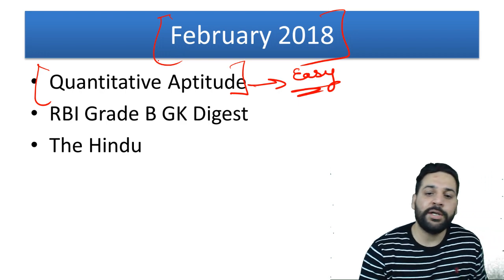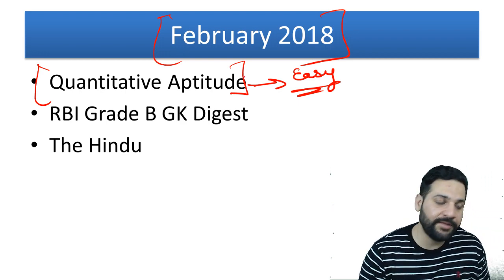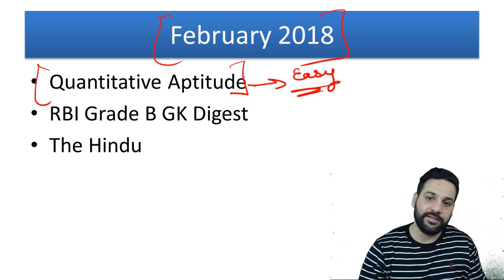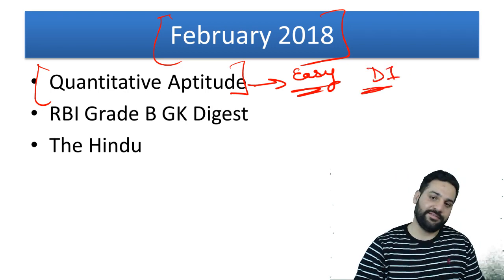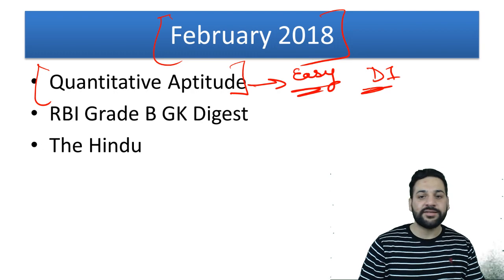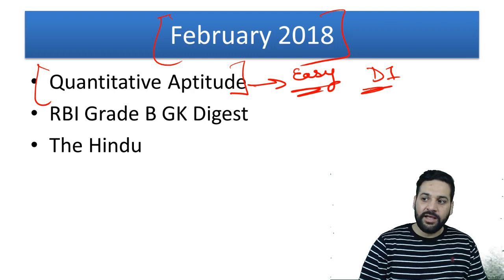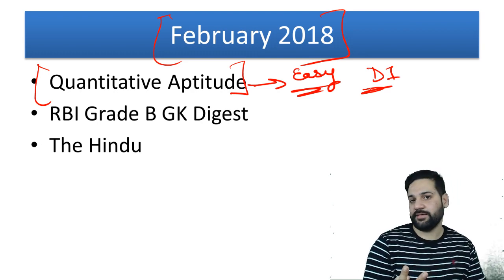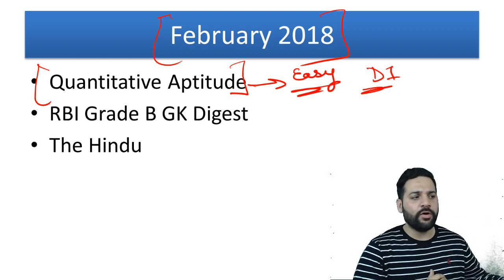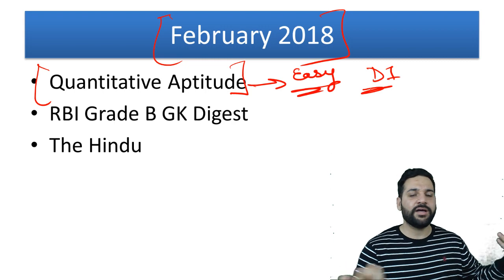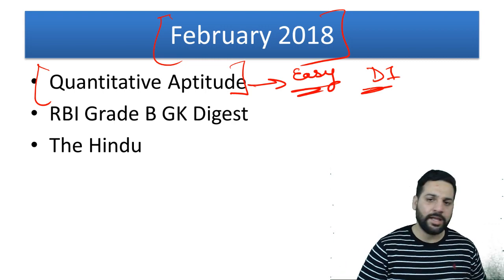The quantitative aptitude, this year the paper was really easy. That's why the cutoff was really high. The DI sets were, trust me, really easy. You could do them within 3 or 4 minutes. Yesterday I did 2 sets exactly from the RBI Grade B pattern. And I got comments like "these are easy questions, useless questions, such questions don't come in the paper" and all.